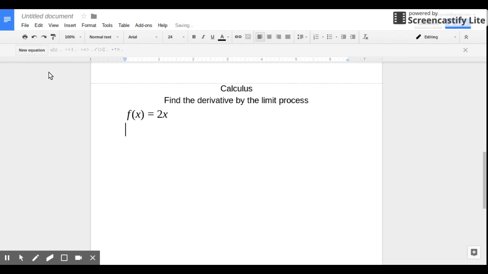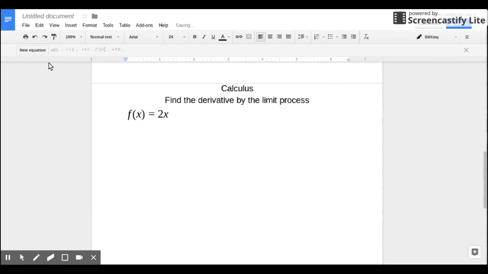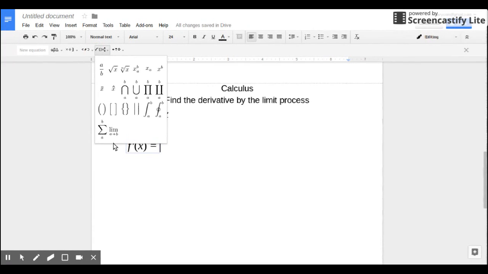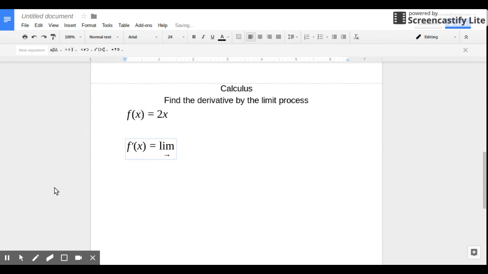Now what we'll need to do is go ahead and write this formula that we're going to be using, and that is f prime of x is equal to the limit. Sometimes this is written differently. Sometimes there's an h here, but we're going to go ahead and use delta x. I remember when I first learned it, they put an h there for whatever reason. So the limit as delta x approaches 0